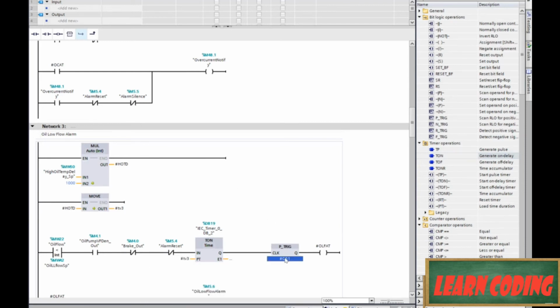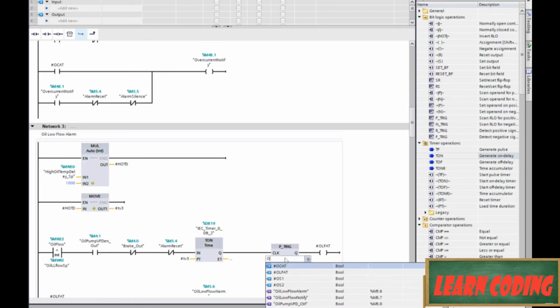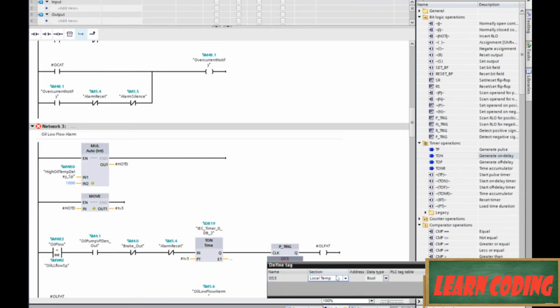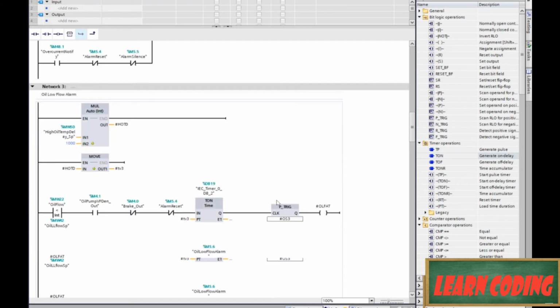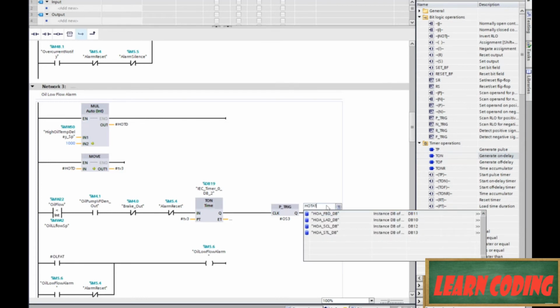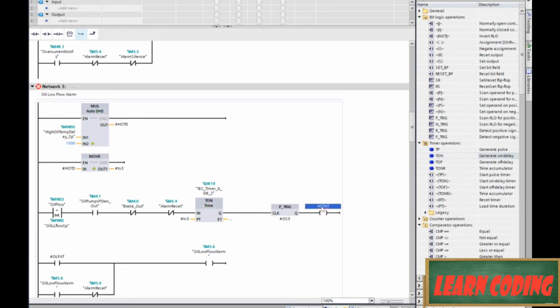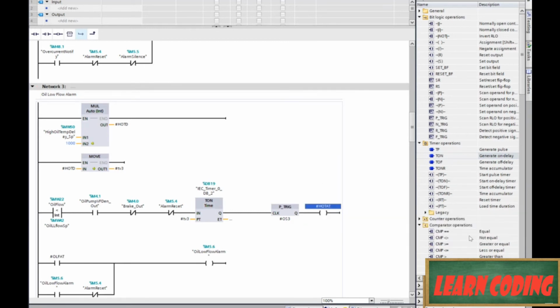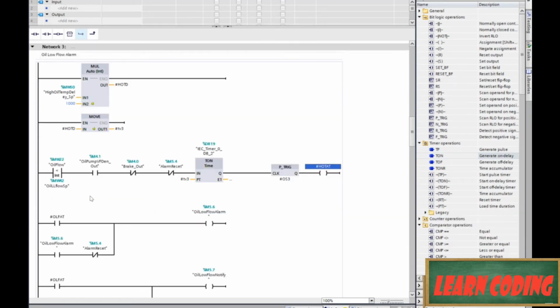And here we need a new OS, so that's going to be OS3. And right click, define tag, local static bool, done. High oil temp, alarm trigger, HOTAT. Define tag, local bool, done. Copy it. Paste it into both of these,